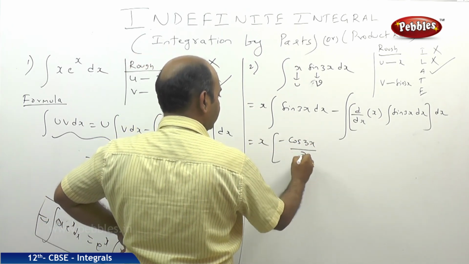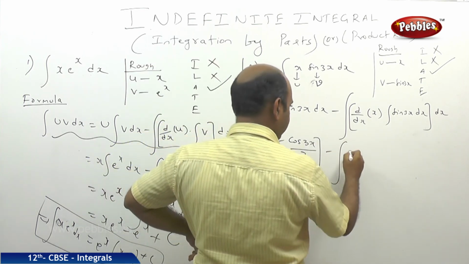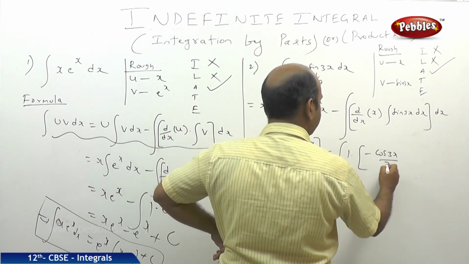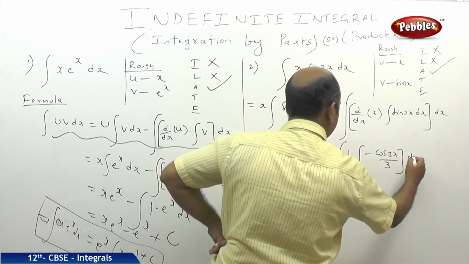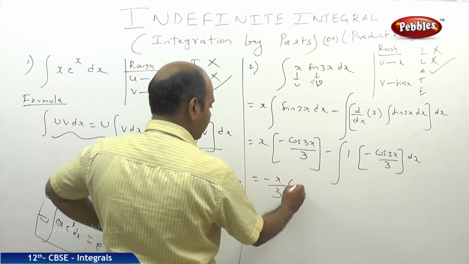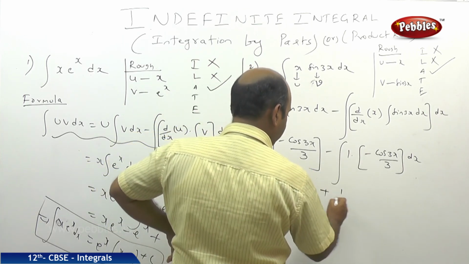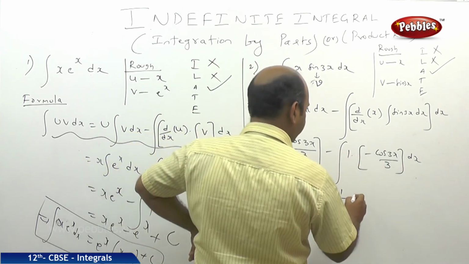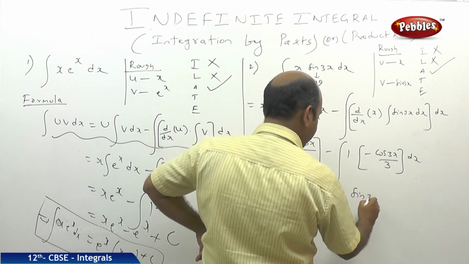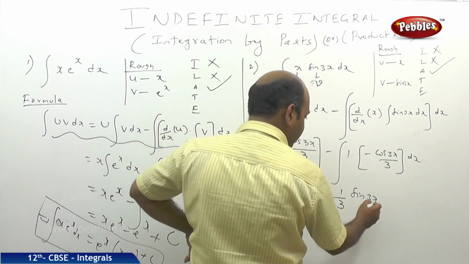minus cos 3x by 3, minus integral of d by dx of x is 1, and again here also minus cos 3x by 3, and outside there will be dx. So minus x by 3 cos 3x, minus minus becomes plus 1 by 3 outside, and integral of cos 3x, because minus minus is plus, integral of cos 3x is sin 3x by 3, sin 3x by 3, and here